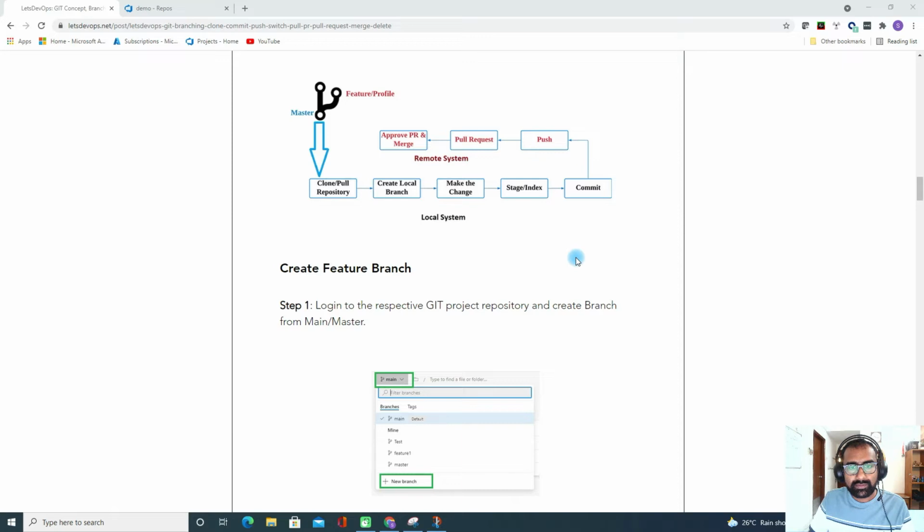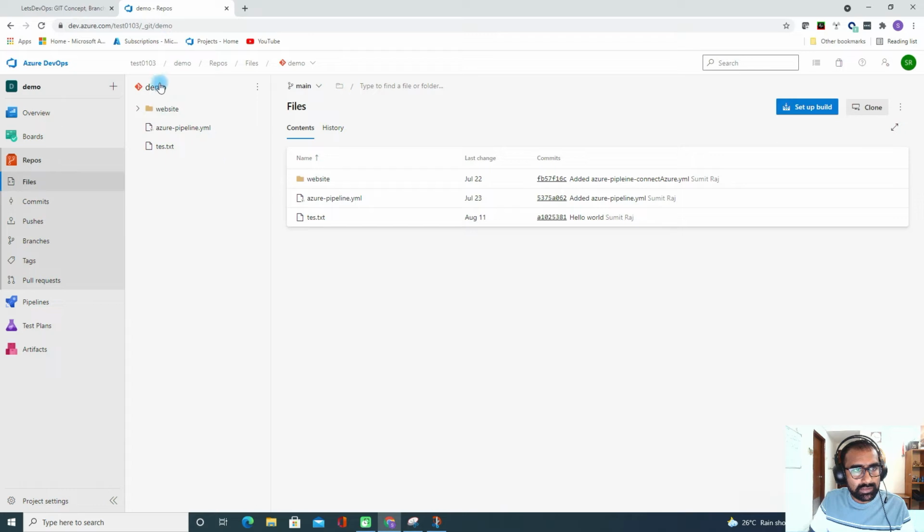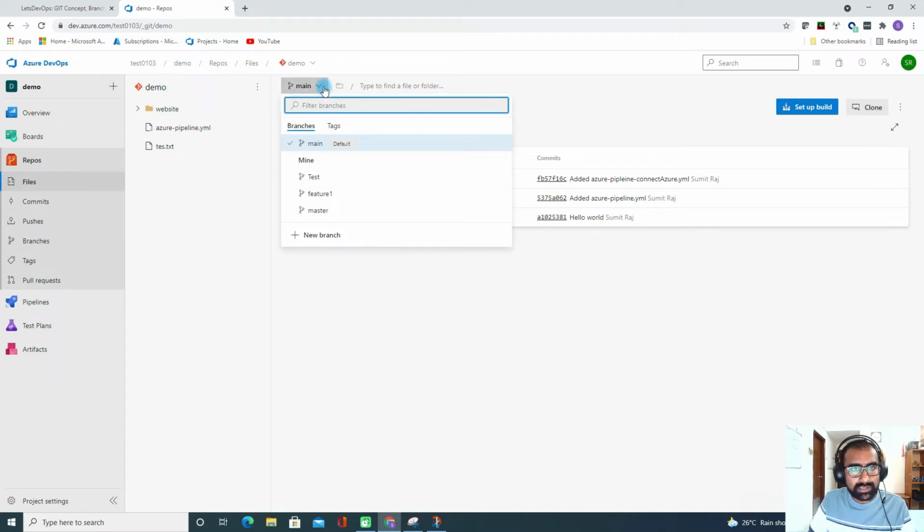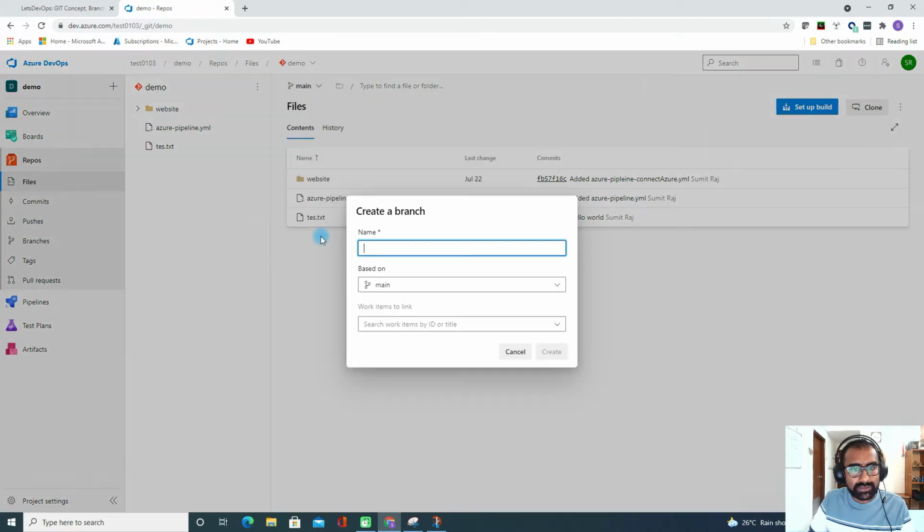So I will create the feature branch first. You can log into your respective Git project repository and create a branch from main or master. Since I am using Azure DevOps, I'll go to Azure DevOps, and this demo is my project. Under main I will click on it, and then I'll see the new branch. I'll give the name as feature profile.